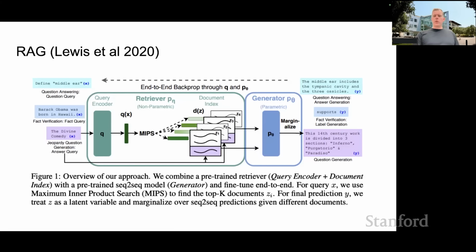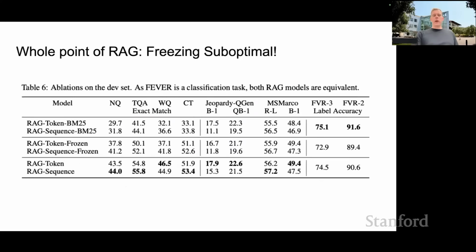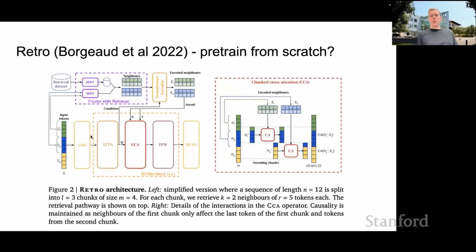So to answer your question, I guess you're asking about the architecture of the generator if you know that there's going to be a retriever. I think that's basically what Retro tried to do, right? Some of the people on the Retro paper are at Mistral now. They have this chunk cross attention idea here. So you basically have a language model, but the way it does attention over the things you retrieve in your Retro